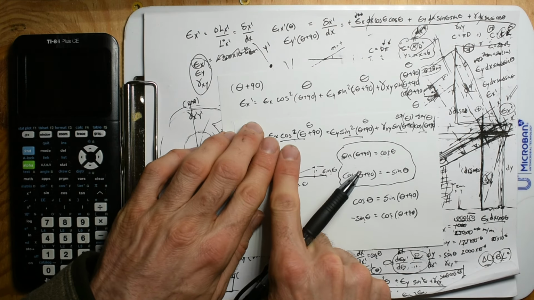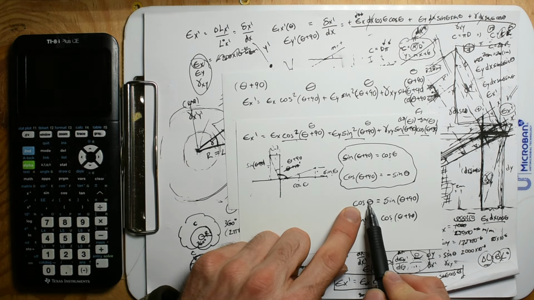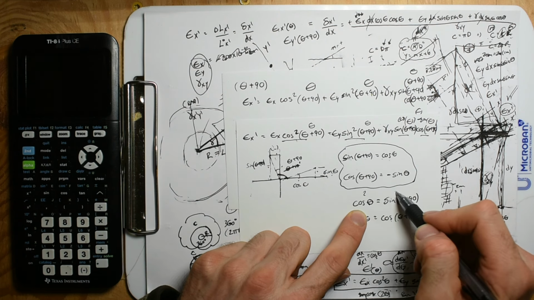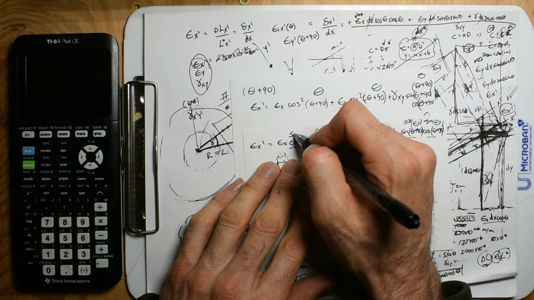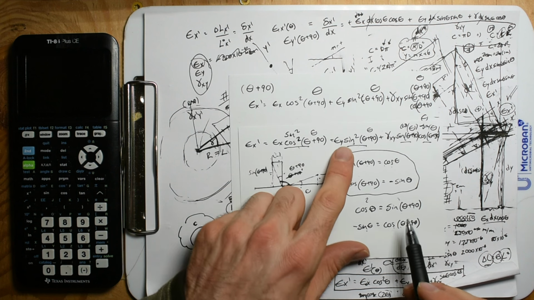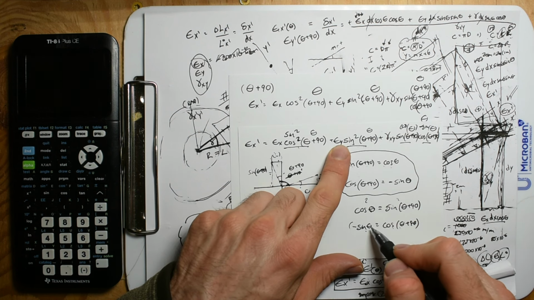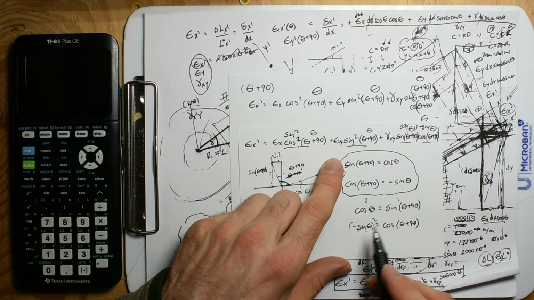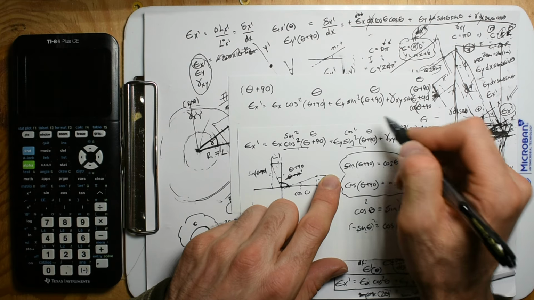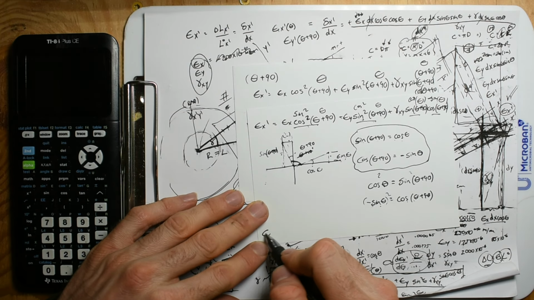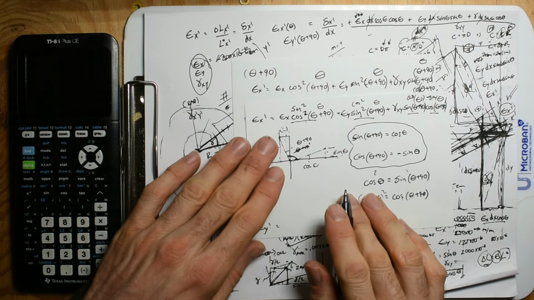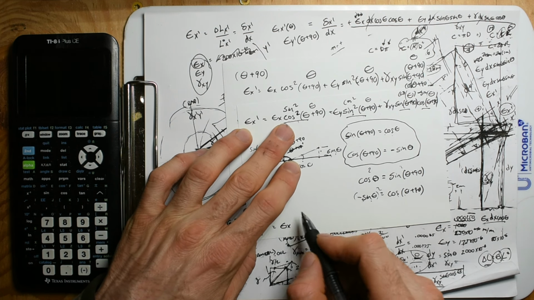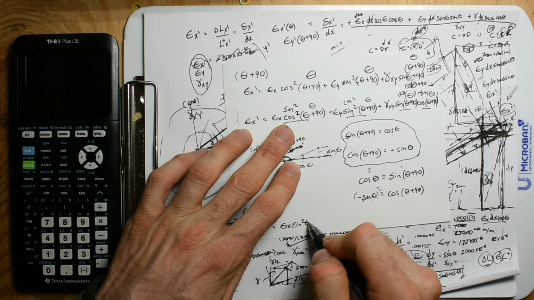All right, how about cosine squared? We're going to come here and square this. If I square this, I square this, so this is just going to go to sine squared. And how about this one? If I square this, the negative goes away, and I'll just have cosine squared. So that's going to be, the strain in the y is going to be E_x sine squared theta